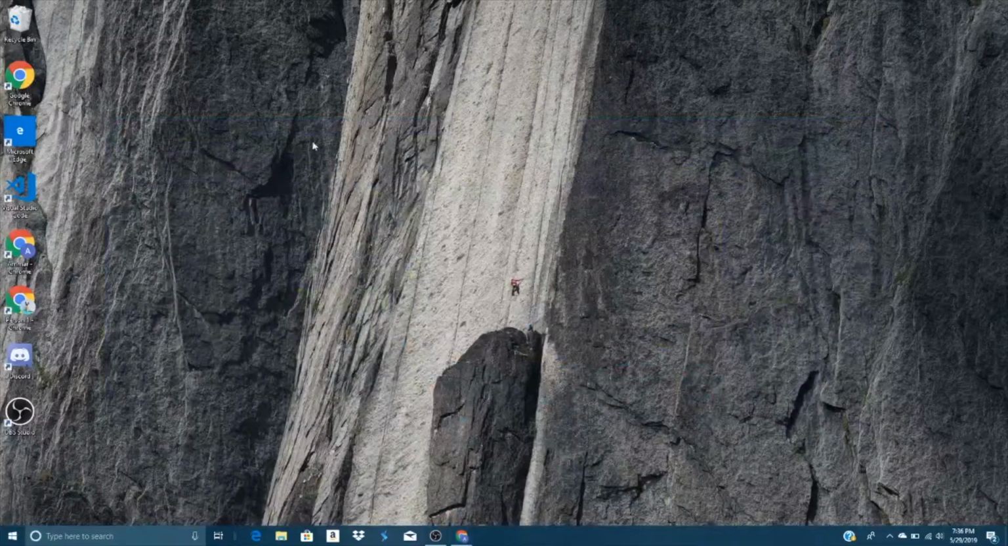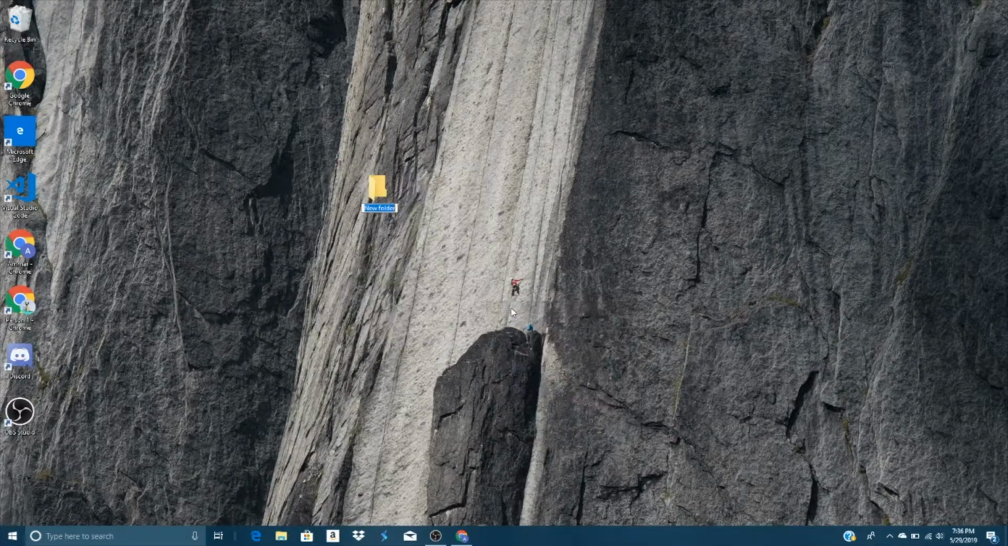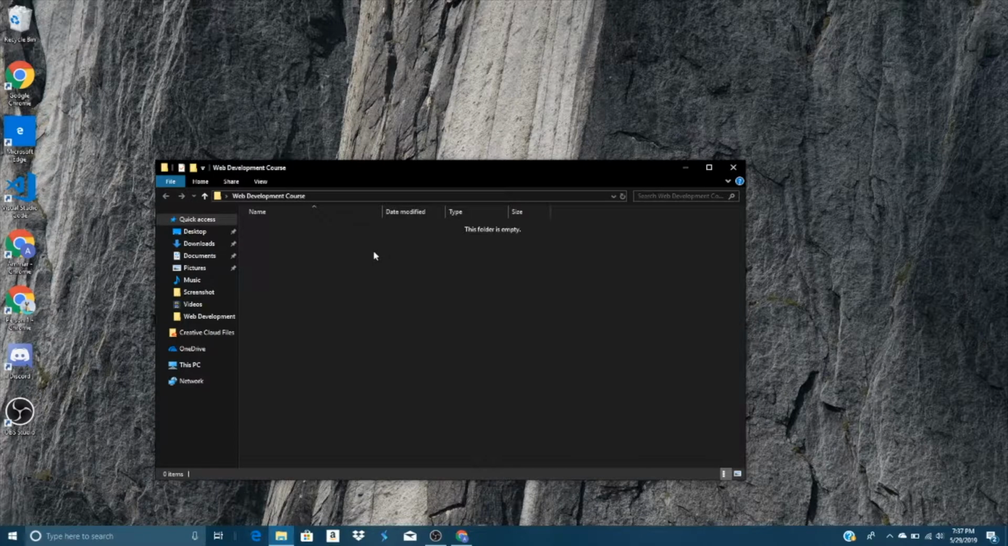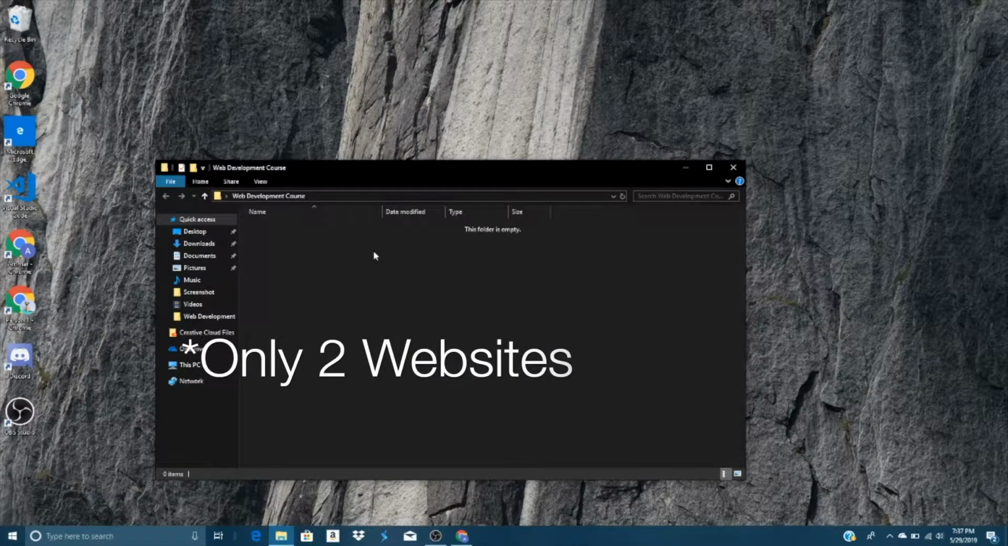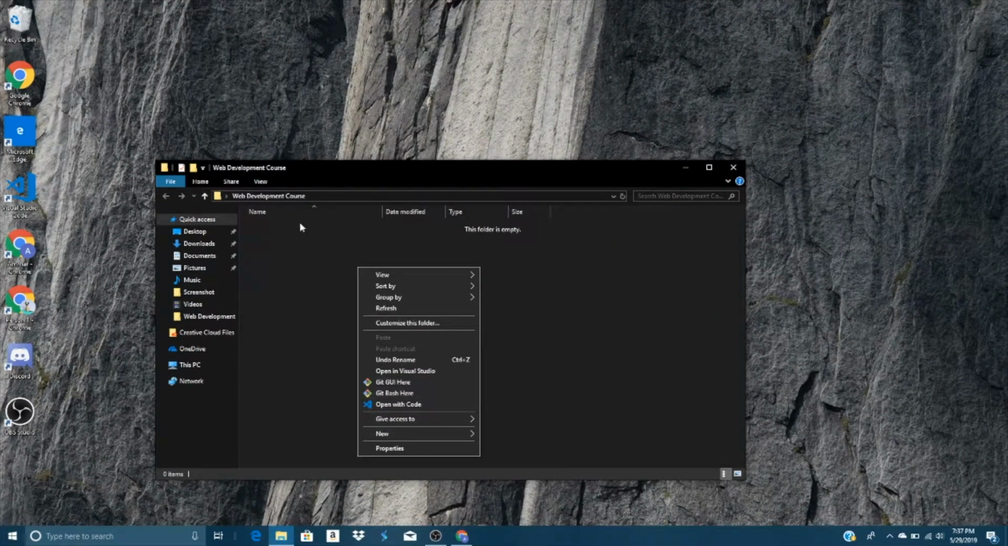On your desktop or anywhere you want, create a new folder. This is where we're going to store our website. You want to call this folder Web Development Course. Inside of that folder, today we're going to be creating 3 websites, in which 2 websites are just sandboxes, so they're not going to look very pretty. The first website is going to be called